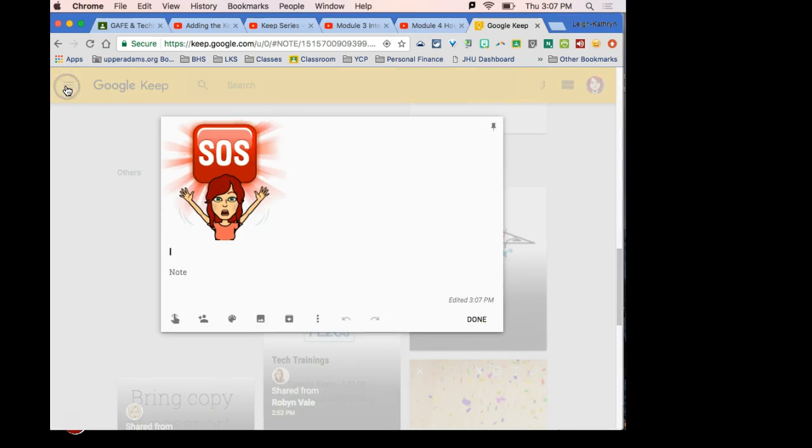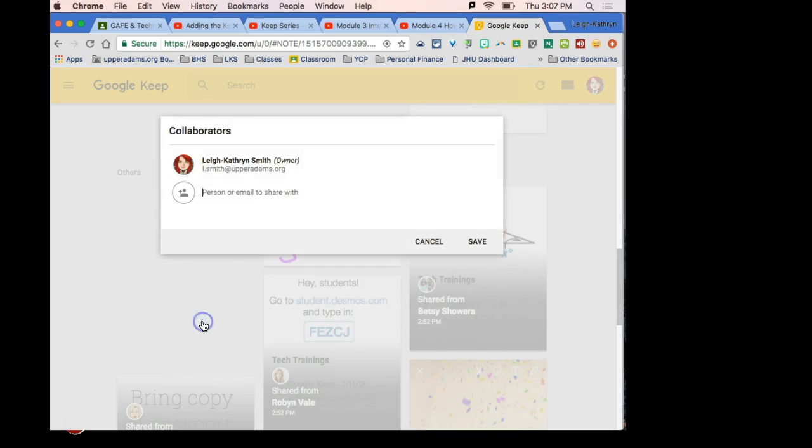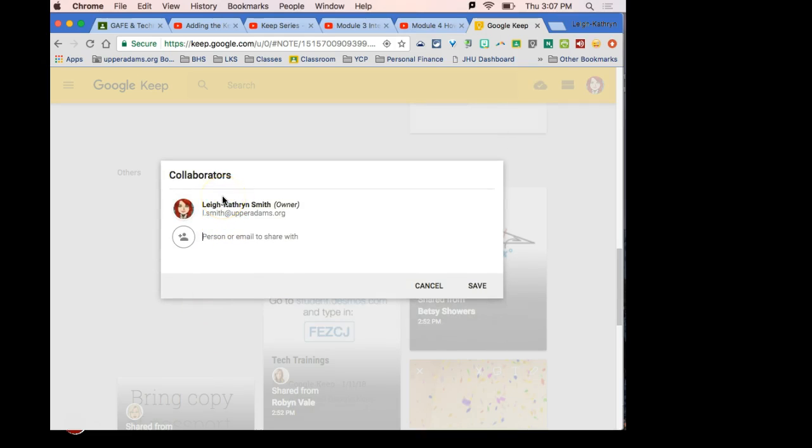Is there an easy way to add a whole class as a collaborator, or do you have to individually? It's by email address. Yeah, I don't think you can do groups. No. You can't do a Google group of kids.